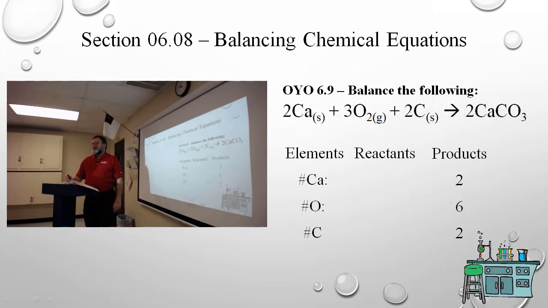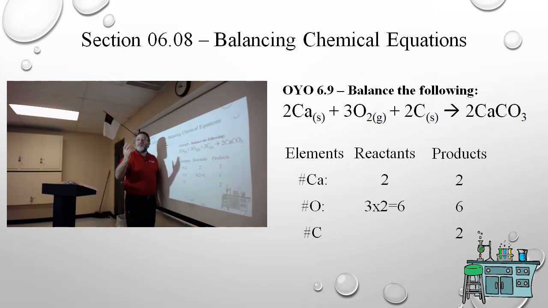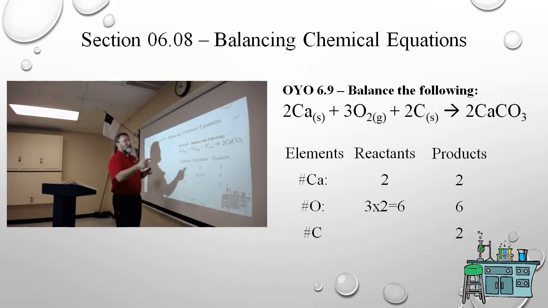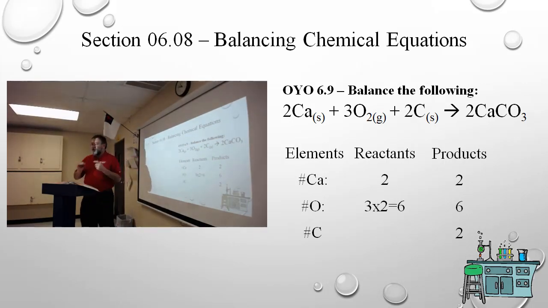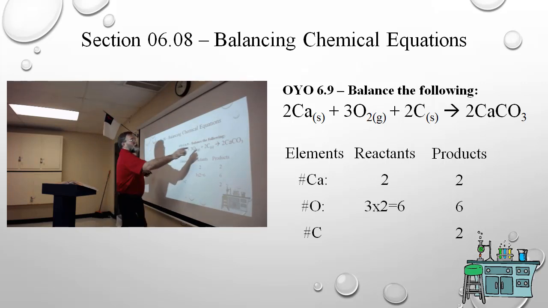Now, simplest question of the day. Elemental counts of calcium. We got 2 sets of 1. Oxygen, 3 sets of 2, which is 6. And carbon? 1 set of 2. Try again. 2 sets of 1. Okay, it's important. I know 1 times 2 equals 2 times 1, but the process is this many sets of this many. That's the process I'm teaching you. So here it's 2 sets of 1,